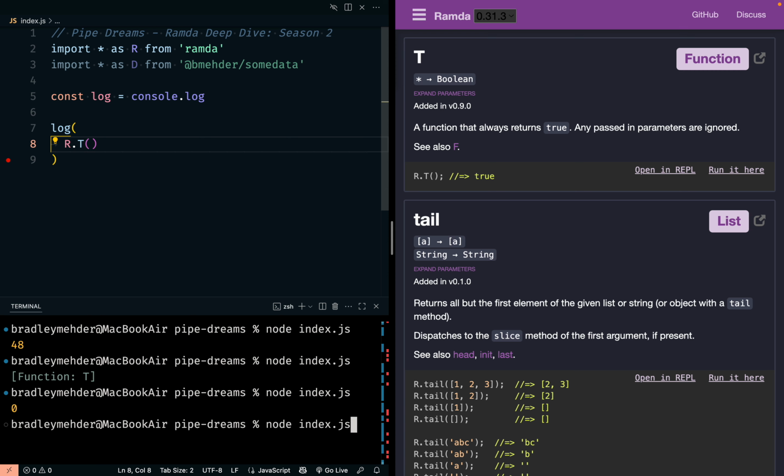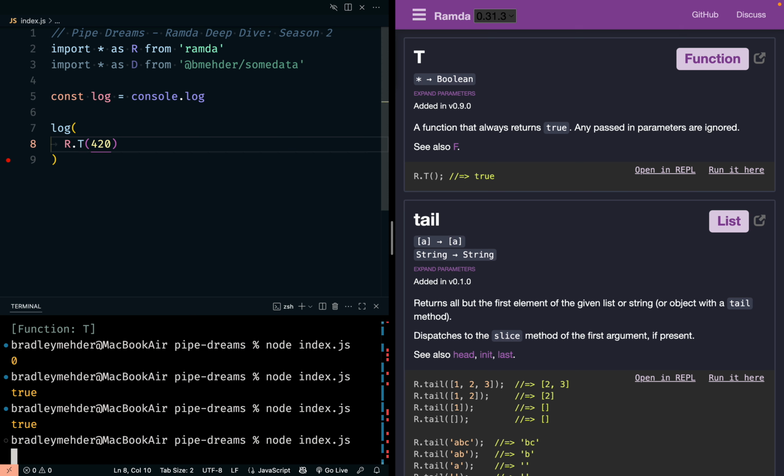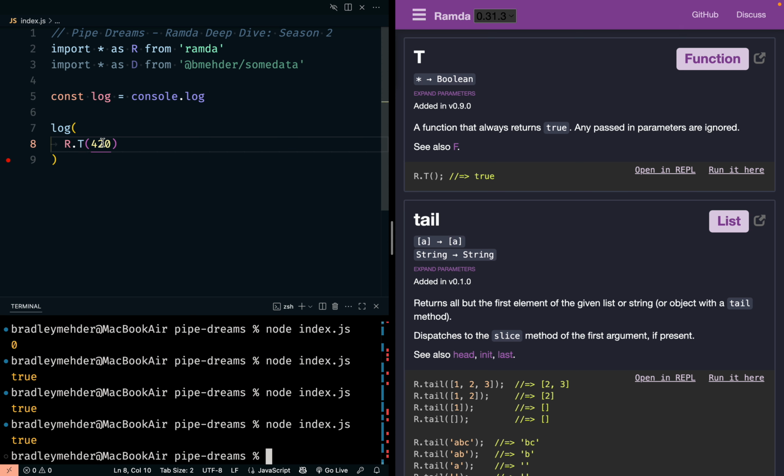If I call it, I get true. If I call it with 42, we know that's true. But so is 420. Or false. Doesn't matter. You're going to get back true. And where this can be useful